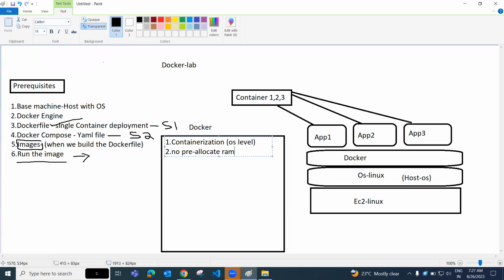After the run, it will release the RAM. Then it's less cost in comparison to traditional. Then yeah, less weight. Okay, less weight